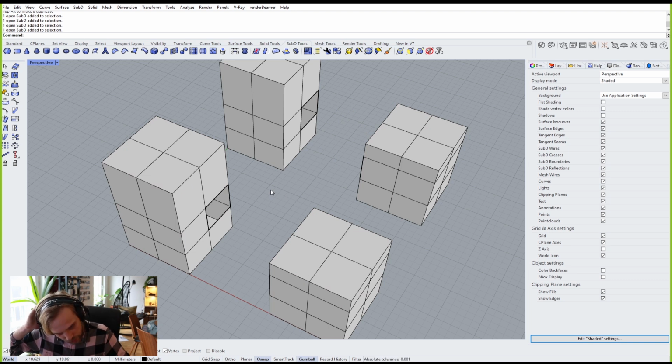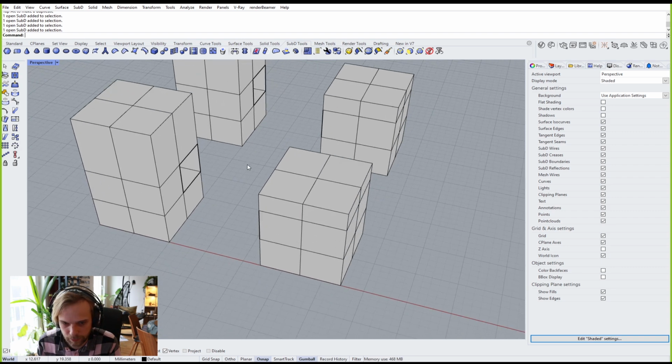So the two tools that we will use, one is called Loft, and you know Loft by now, and the other one is called Bridge. So Loft we're not going to straight up use Loft. We're going to use SubD Loft, which kind of creates a SubD geometry. And we are going to use Bridge, which only works on SubD, at least to my knowledge. Maybe it works on meshes, I'm not sure, but to my knowledge, it only works on SubD geometry. So in terms of lofting,